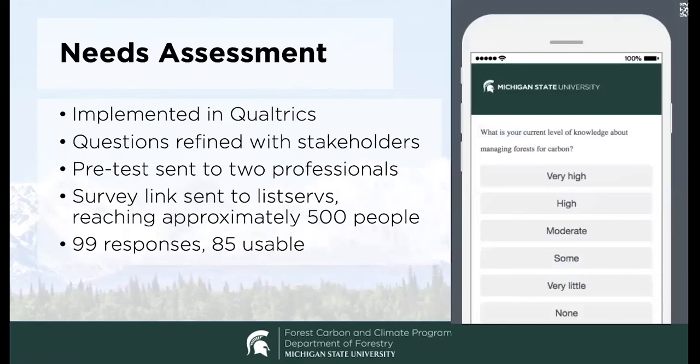We also want to highlight, because we think this is important, that we did undertake a needs assessment before developing this course. It was through an online platform called Qualtrics, and it was sent out to a list of various stakeholders, and the questions were refined and pre-tested with some professionals. The survey link was sent out to approximately 500 people, and we got roughly 100 responses. About 85 of them were usable, and we did present on this work at the more recent Society of American